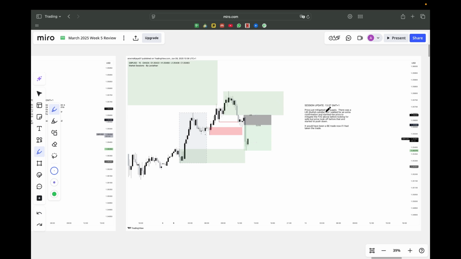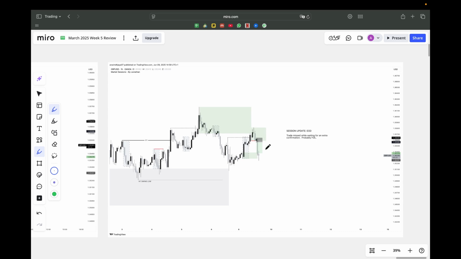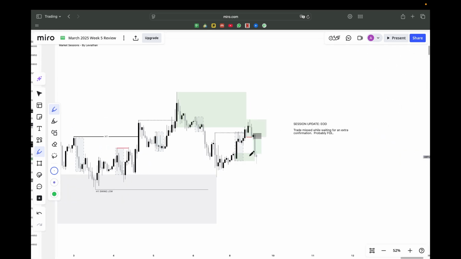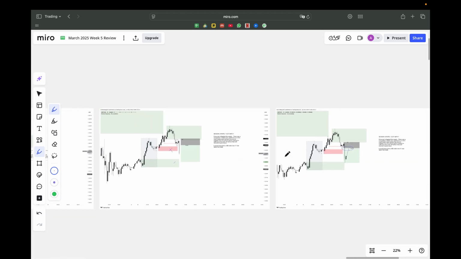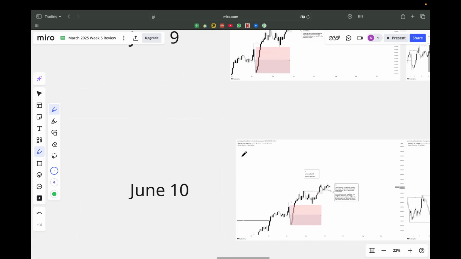At 13.7 it was a break even trade, so I expected the price to come to the 61.8 level at least to take some confirmation entry, but price never returned back. It just kept moving down. It flipped this demand zone, and all these are low resistance liquidity, so obviously price would push down to take out the swing low. That's obvious. So that ended up as a missed trade on June 9.